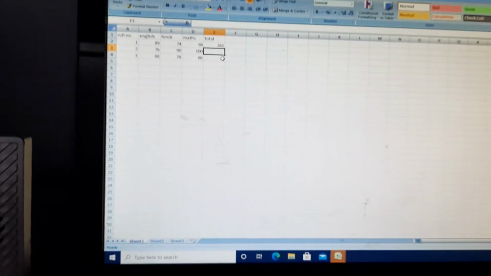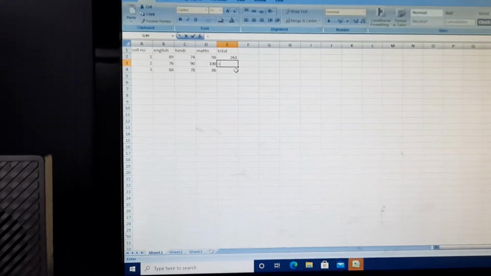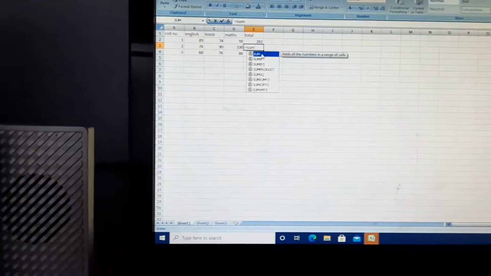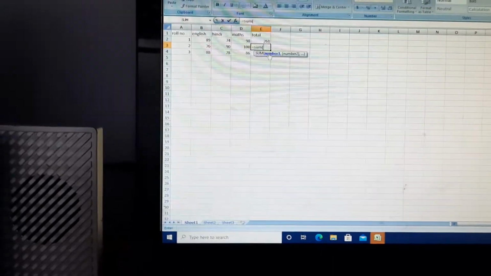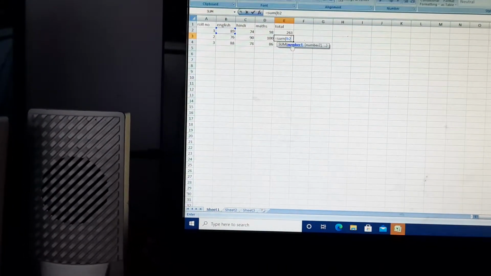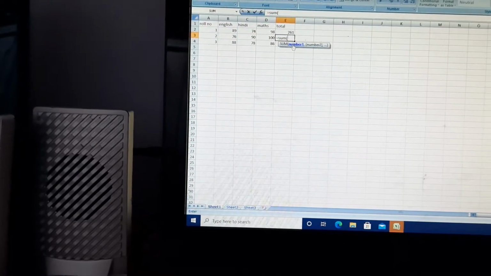Another option is that you just do equal to, sum. Sum is a function name. Bracket. From where we are starting, that is B2. We will give a range of that. This is called the range of cells, and we are selecting. So not B2, that is B3.